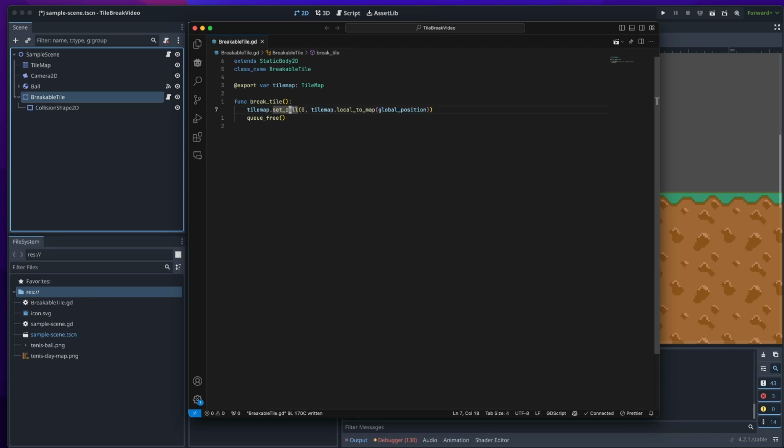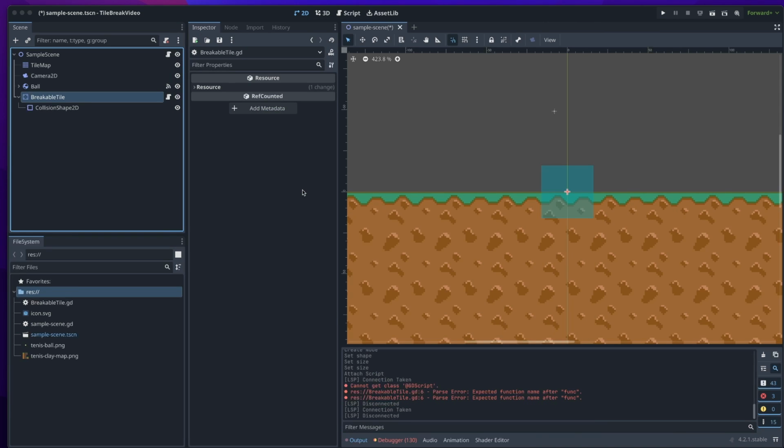So I create here this, it's a really simple function. Basically what it does is just whenever the break tile function is called, it will look in the tile map and remove the cell that is in the position of the global position. The global position here is the position of the component itself, so the breakable tile. So whatever that is positioned is going to check which tile is set there in the tile map and remove it. And then after this is done, the component removes itself from the game, calling queue free. All right. So with that done, we can then